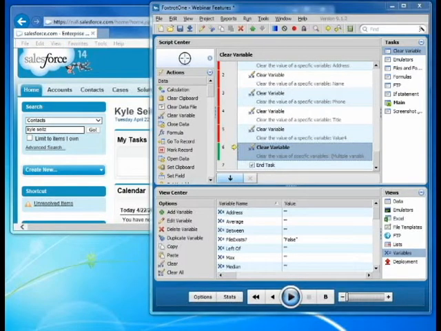Thanks, Kyle. The clear variable action that he just demonstrated, one of the main reasons why we put that in is because as we spoke with our beta testers and the users who called in for assistance with their scripting, oftentimes you'd have 10, 20, 50, even 100 variables that you needed to clear. And it was very inconvenient to have a separate clear variable for every one of those. So by consolidating that to a single action, not only can you do it in one step, but it also